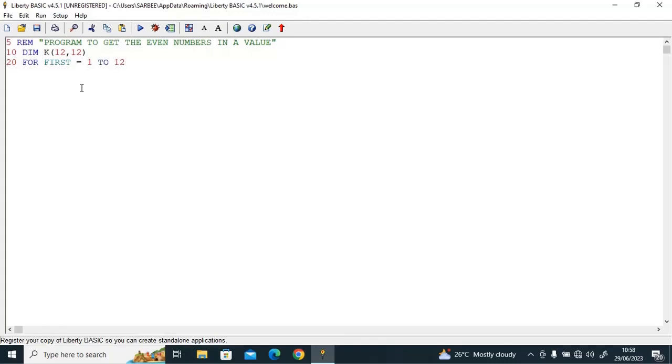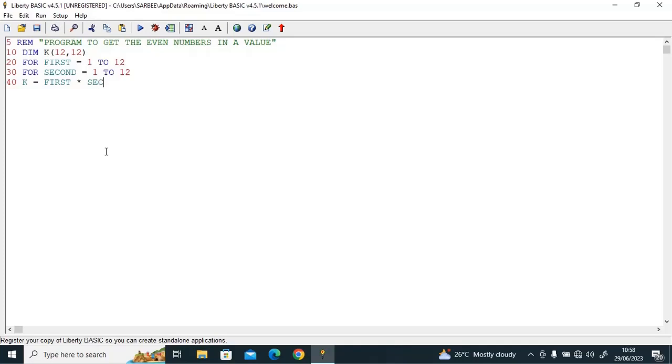Now 30 for second. That one is the column. It is equals to the same thing, 1 to 12. Okay, 40. I can now say K. This is my k. This dimension k now, I will explain it to you. Don't panic. So k is first